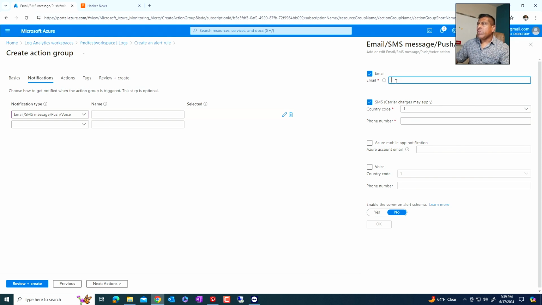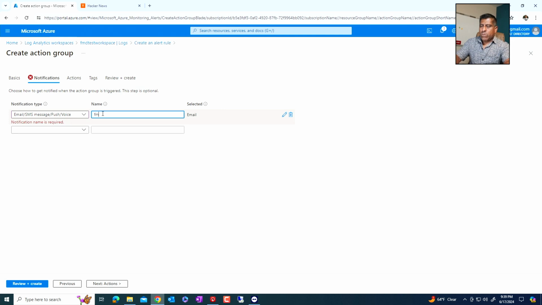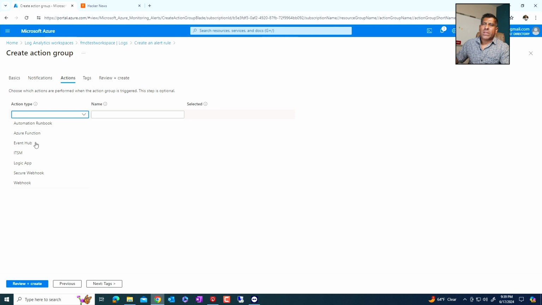If you do email, you have to type in an email. FMD user, and then I can do action. The action type is action type. I don't need to do this. This is action if you want to run